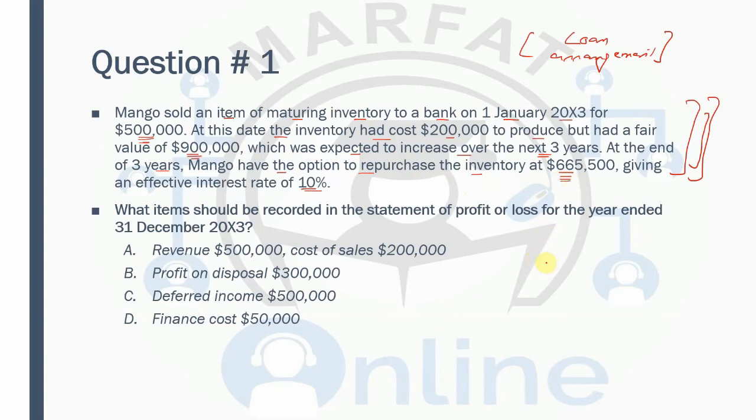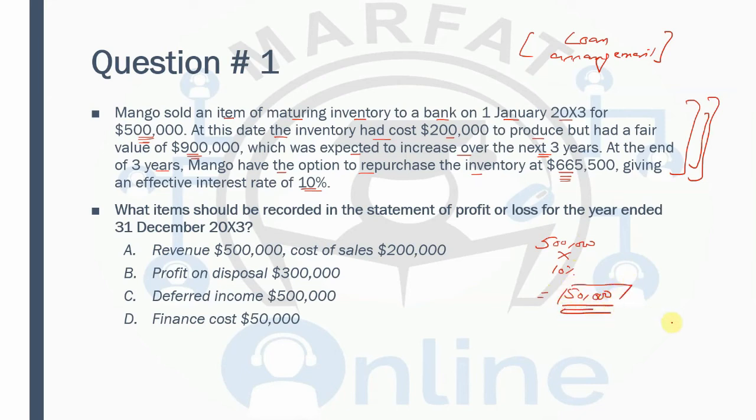So that means the control has not been transferred, and therefore no revenue can be recorded. In substance, they are taking the loan of 500,000 multiplied by 10%, which is 50,000